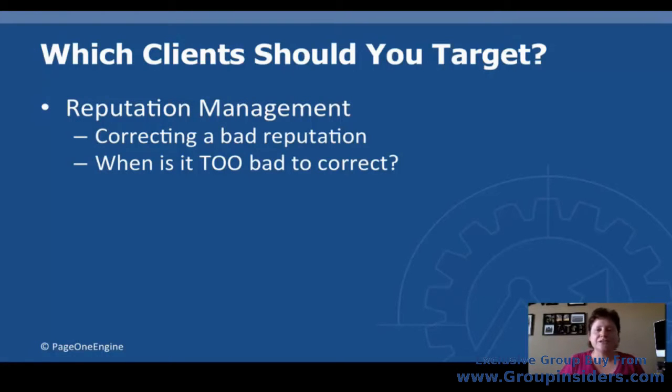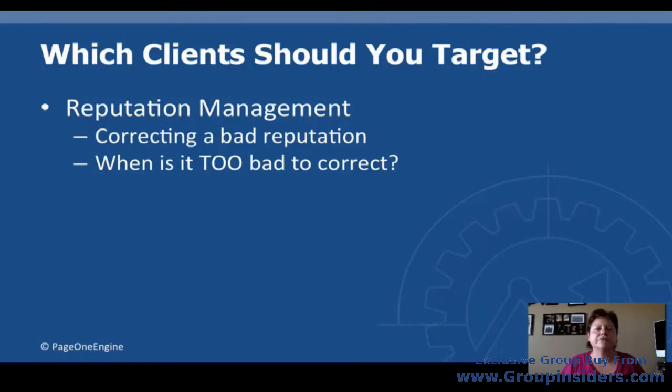Now, I'm not telling you to fake reviews. We will talk about how to fix those types of things. But realistically, when it's too bad to correct, it's when they have 3, 4, 5 or more sites that just pop up with negative reviews. If you go out to Google Plus and you see that they have 3 negative reviews and 1 or 2 positive, or even if they have 10 positive and 3 negative, read the reviews. Do they seem like they're fake, and they're going to be highly competitive because their competitors are giving them negative SEO? Or do they seem like they're actual customers that really think their services aren't that good?